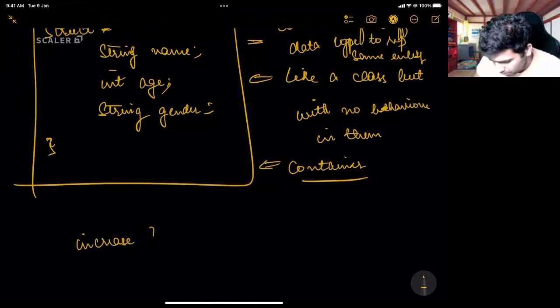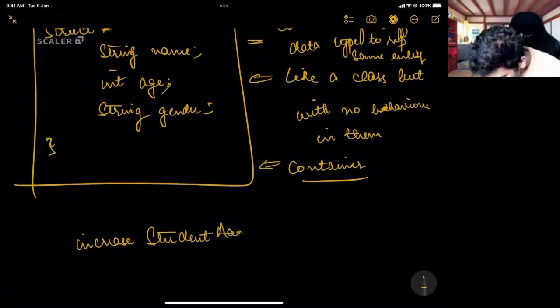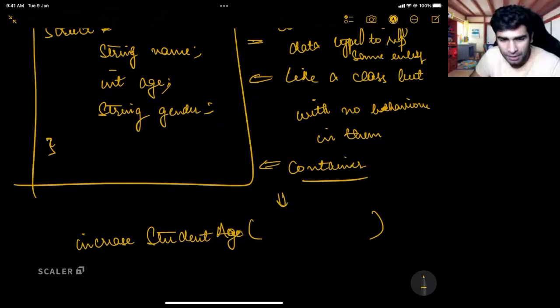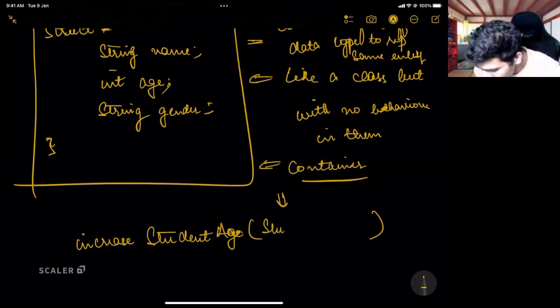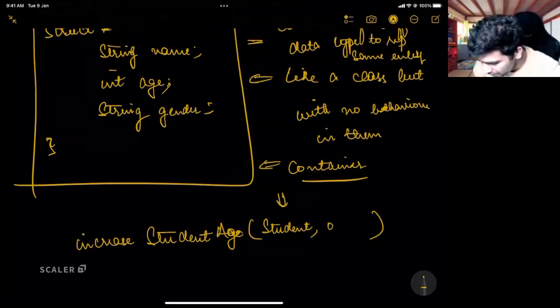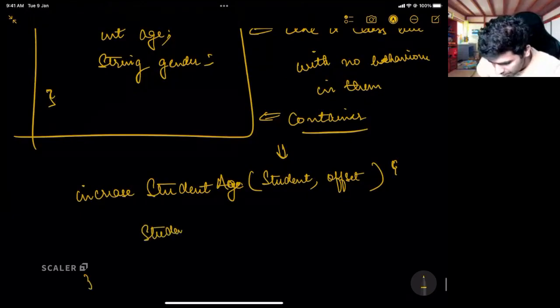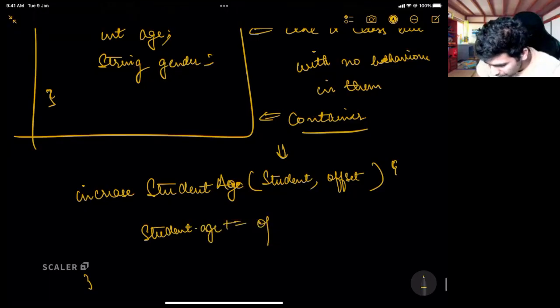And this method or this procedure will take an attribute of what type? It will first take an attribute of student type. And then it will take an attribute of, let us say, offset. I mean, how much do we want to increase the age? And then we will say student dot age plus equal to offset. Is everyone clear with this?